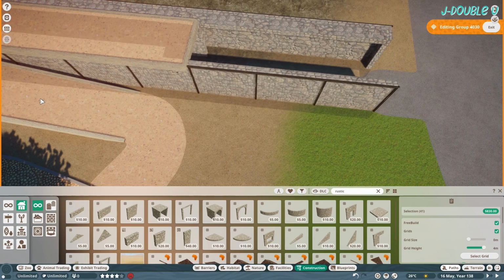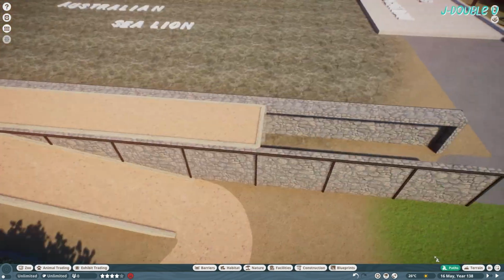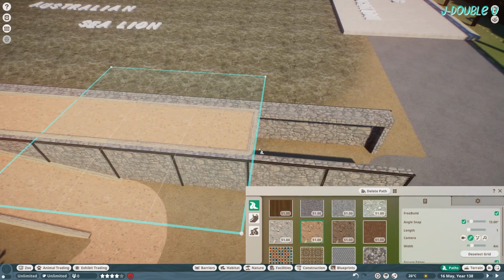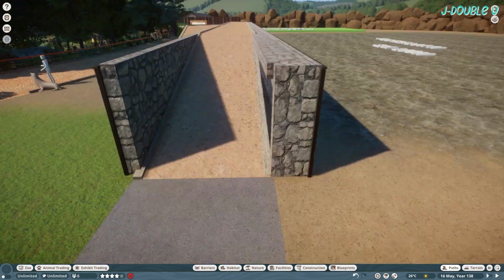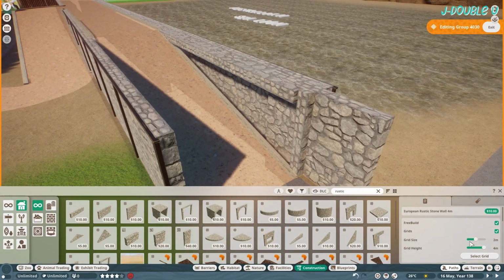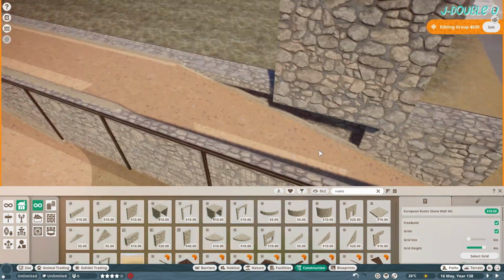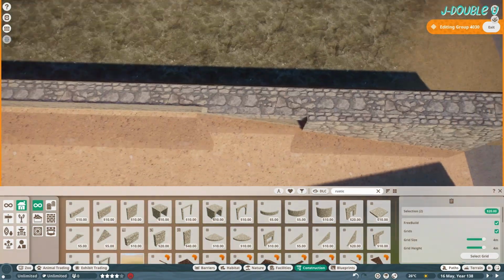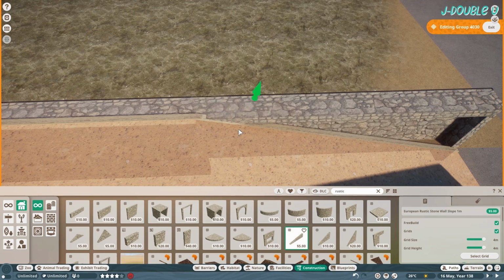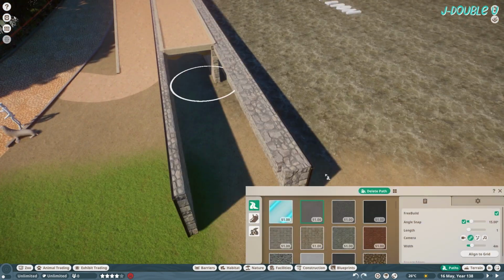And then just pull that out a little bit further, I think. And it doesn't make much difference. I still don't like it. So I attempt to fill that in and then decide, nah, you know what? I don't like it. But it's all trial and error, and that's why I keep it in, because these habitats